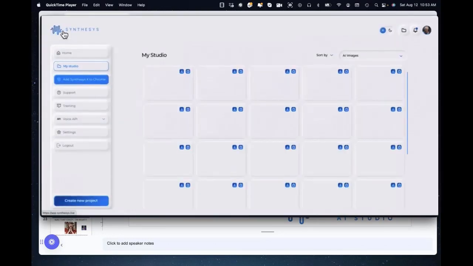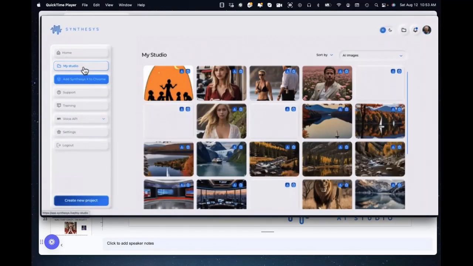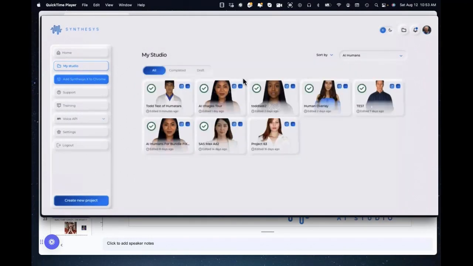All right, let's go back and see if our other rendition is ready. That is our AI humans. And it says it's done. So let's actually go to the upper right. Download open is the choices. Let's open it and see if it needs any editing.